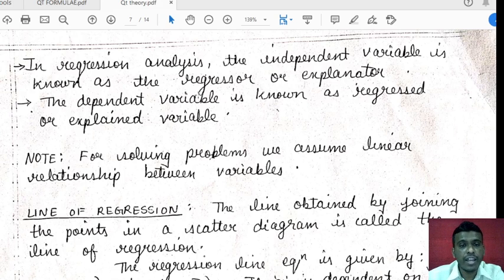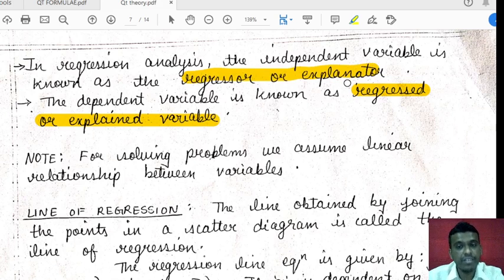The independent variable is known as the regressor or the explanator, whereas the dependent variable is known as the regressed variable or the explained variable. So remember, the independent variable is the regressor or explanator that explains the regression, whereas the dependent variable is known as the